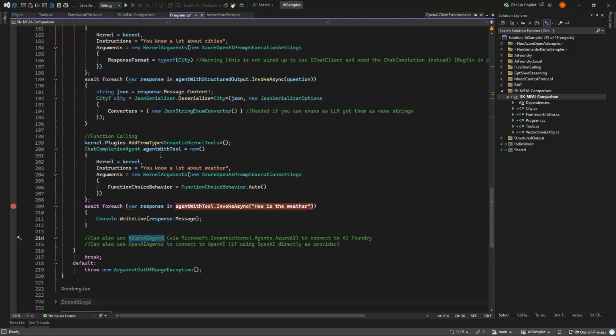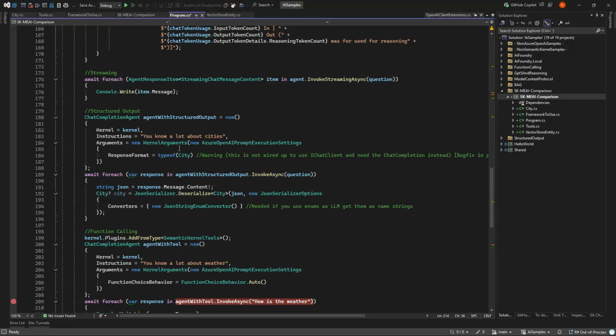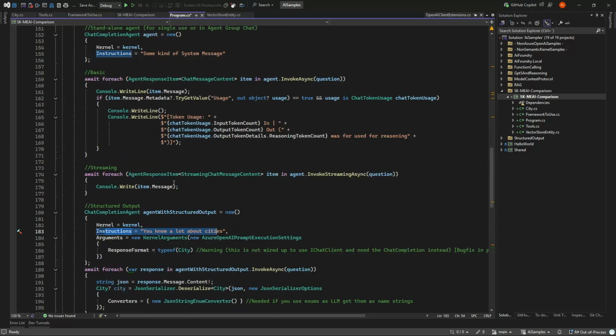So again, this concept doesn't exist in Extensions AI, and if you don't need it, then you probably won't need semantic kernel. But I like to have it like this, so I have better control over system methods. I have better control over most of the things in my system. But that's a matter of, do you need agents or do you only need chat completions?